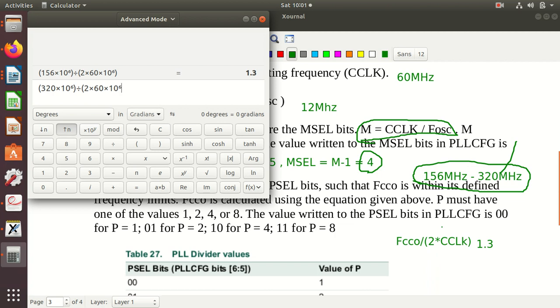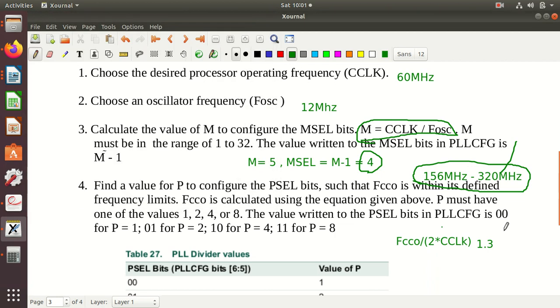What is the value that we get? 2.7. So the maximum value is 2.7.